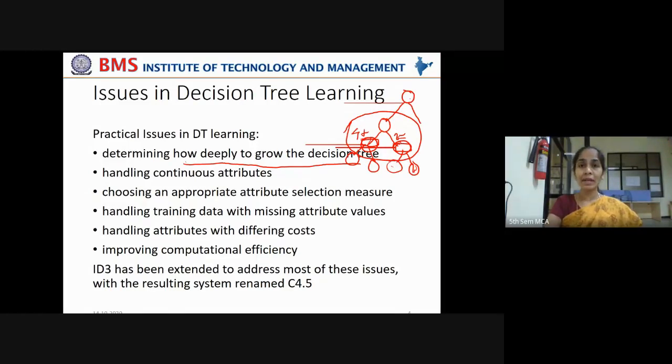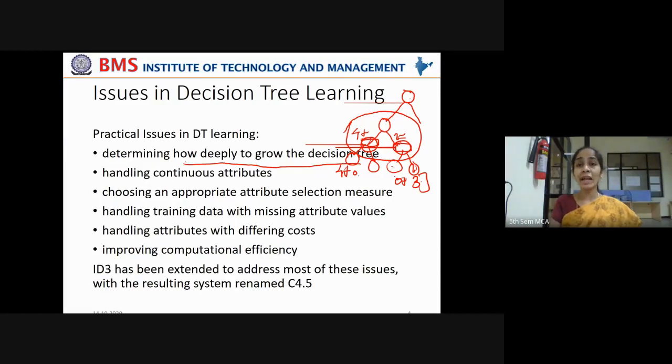But still you can extend the tree also in order to get completely pure classification, so that you have all positive examples and no negative examples, or all negative examples and no positive examples. In order to get that, you can keep on building the decision tree. You can keep on expanding your decision tree in order to fit your training examples, right?